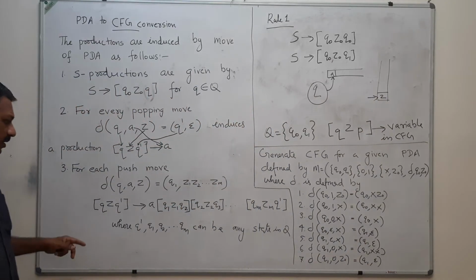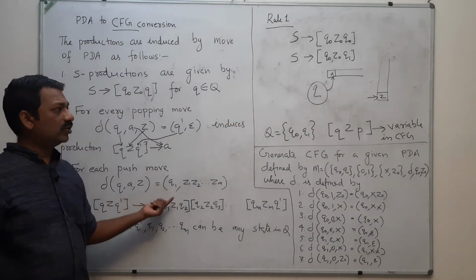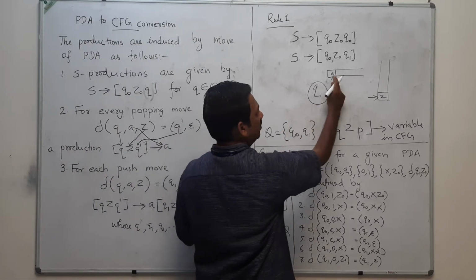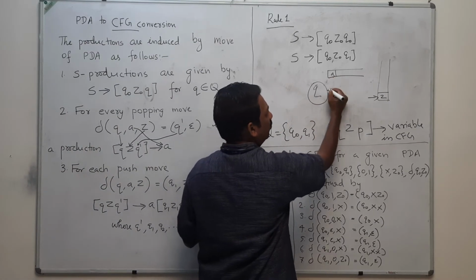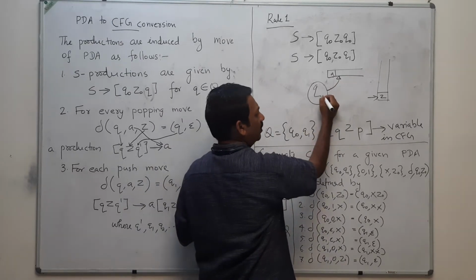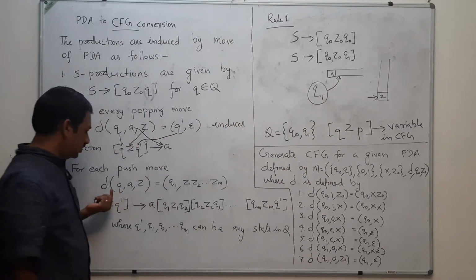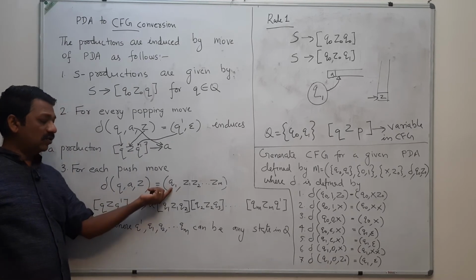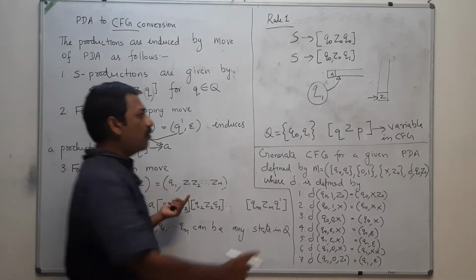Q, A, Z, what will happen? It will switch to a new state Q1. That means after doing this, it will move to the next input symbol and the current state is replaced with Q1. That means the current state is changed to Q1 and we are popping this Z,